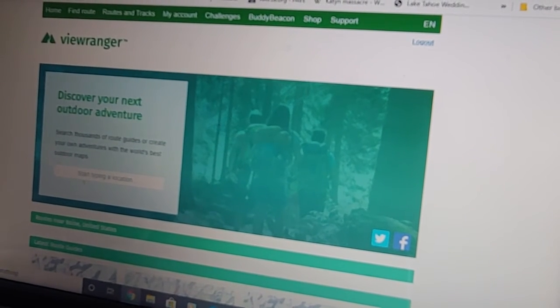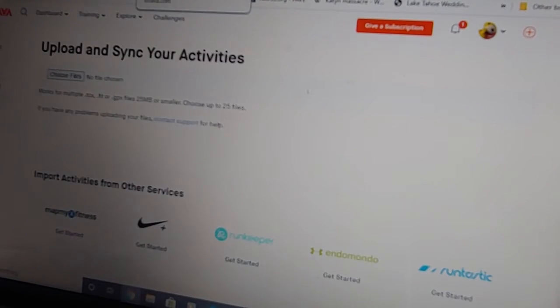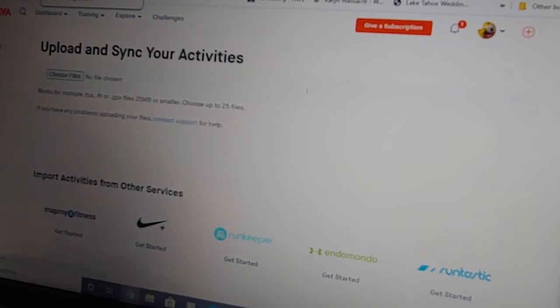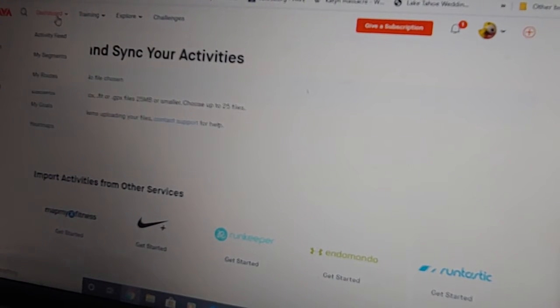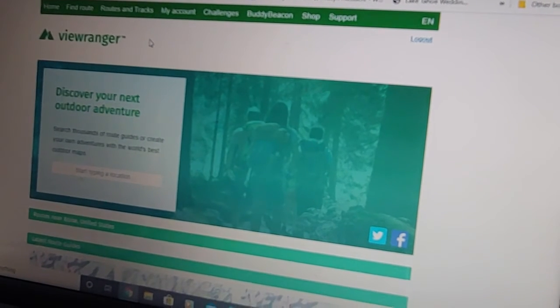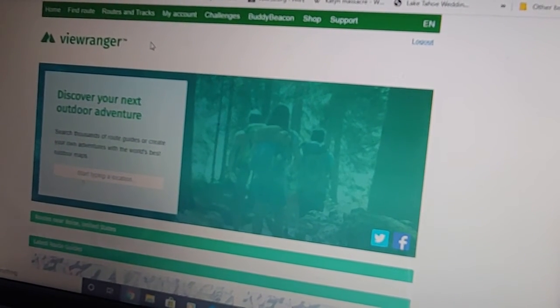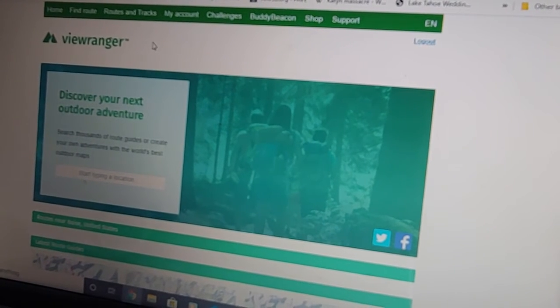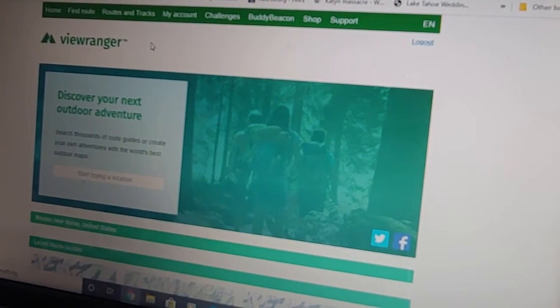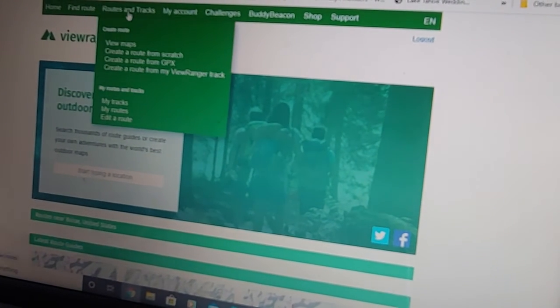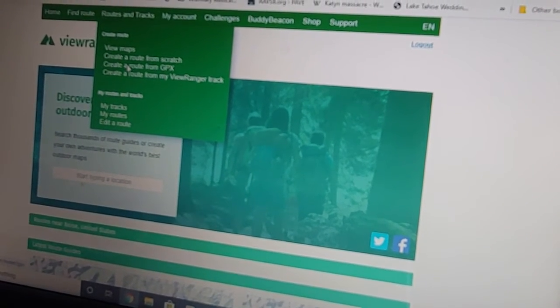So you can go to your Strava account. As long as you have Strava Premium, you can download any route from any user, as long as it's not private. You can download not only routes, you can download people's rides. I can show you how to do that on Strava as well. Then instead of looking at it on a crappy Strava map without any info, without any elevation, without any waypoints, without any flexibility of changing maps, all the cool stuff, you just hit this, you go Create Route from a GPX,